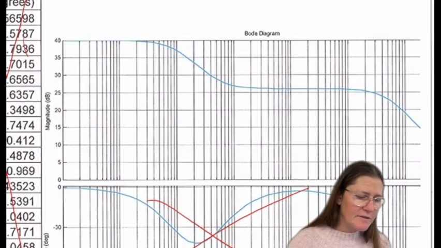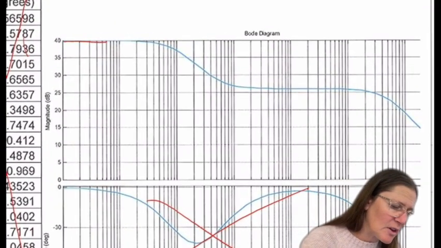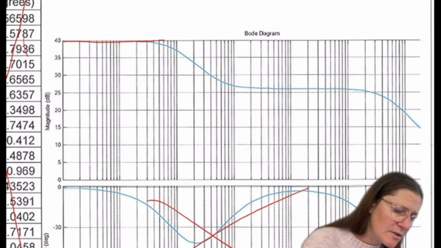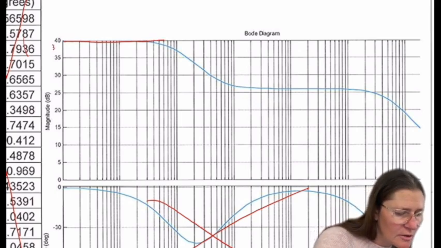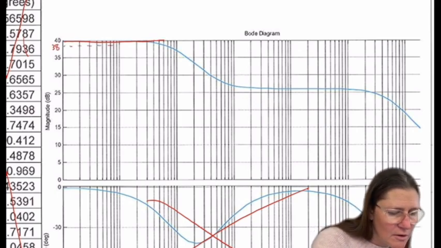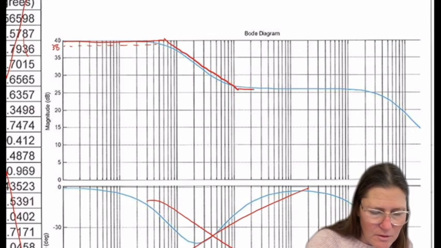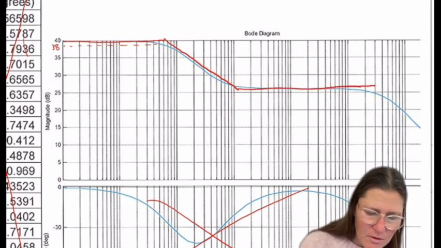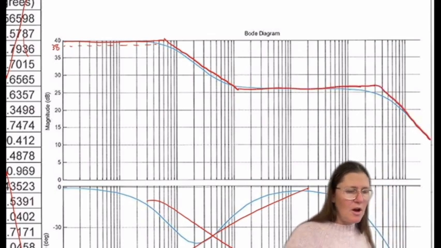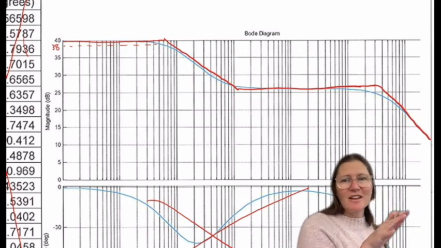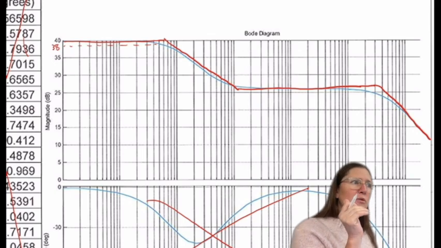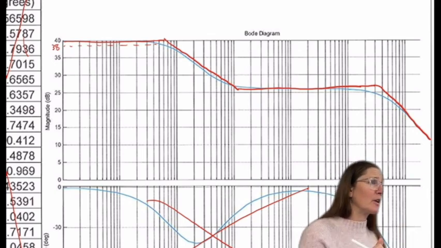So what this graph tells me is that I have some flat regions in here. And when the regions are flat,